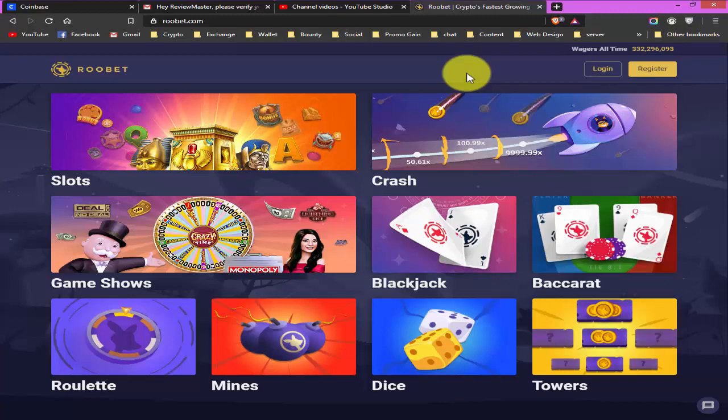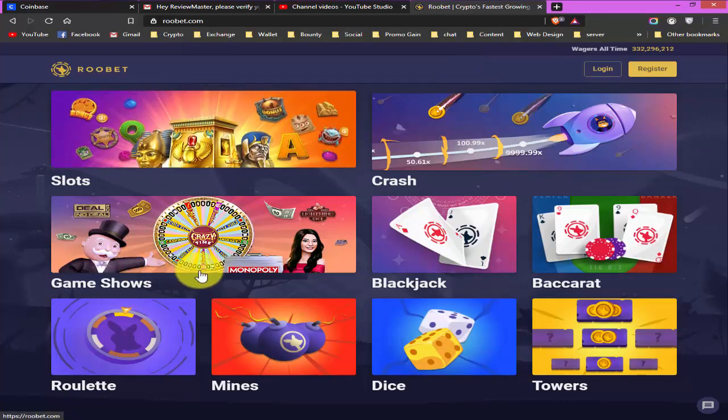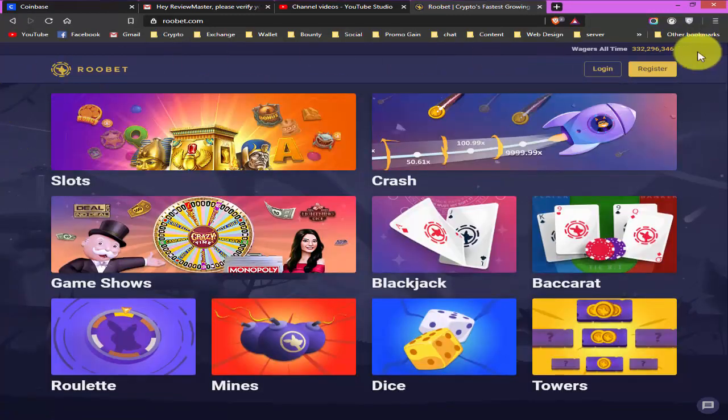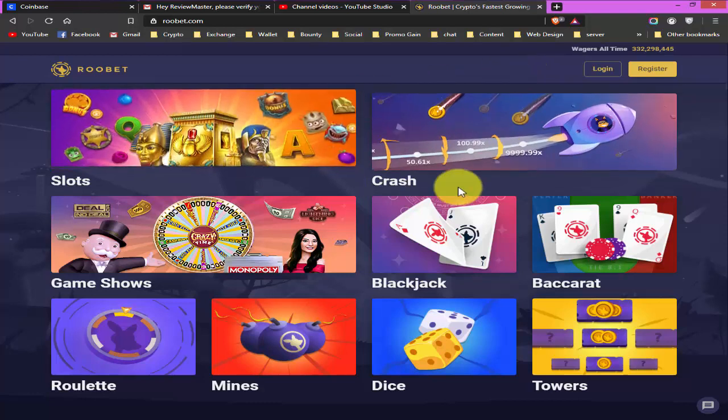Let's start talking about the UI of Robit. On the screen all of you can see the UI of Robit is really good, and this is the best, pleasant and minimalistic user interface. This UI will give all the users more satisfaction, and every user will definitely be satisfied with their gaming experience on Robit. Not only the homepage but all the gaming interfaces are dynamic with modern design.